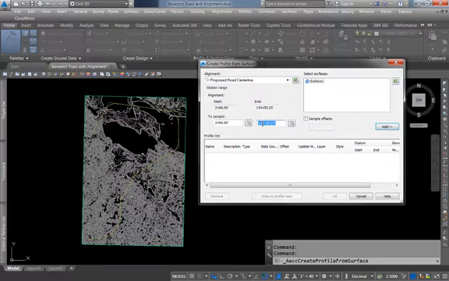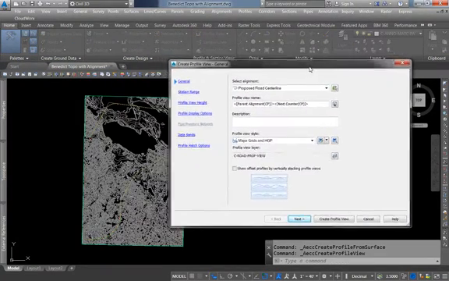I could change this end station to only show the amount of the alignment that I would choose, but in this case we'll leave the whole alignment and we will generate a profile. So now I've got an alignment selected, I've got a surface selected, I know how much of the alignment, and I want to add to my list here, and then I can click on Draw in Profile View,